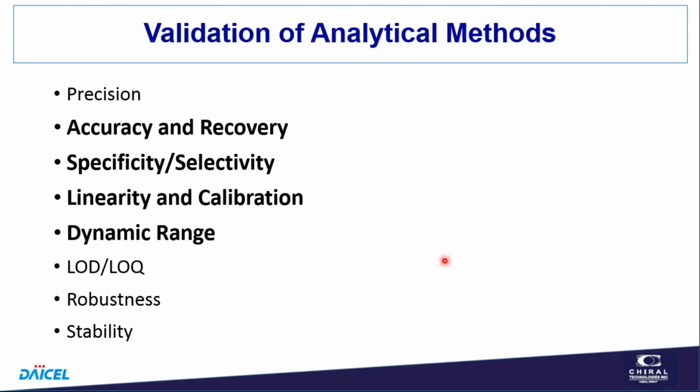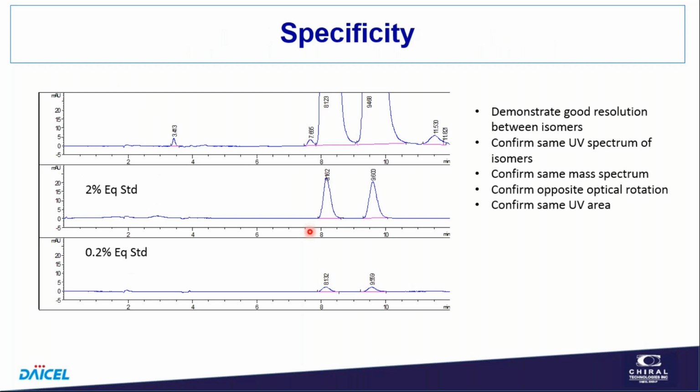Accuracy is related to getting reproducible results, getting the right result. There may be a few issues just because we're really dealing with a low-level component, but it's no different than we would treat impurities in achiral chromatography. So we want to demonstrate good resolution between the isomers. And as I talked about before, for two major components, that's probably pretty good. It's probably pretty good if we have two low-level components. We might have a problem if we have one high and one low. But